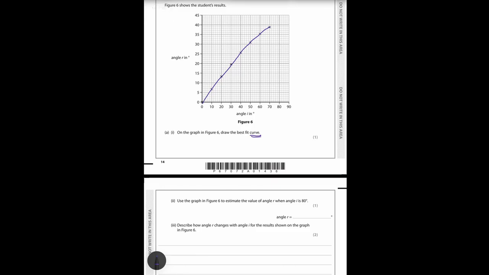Okay, the next question. So this is the one that I was kind of looking for. I know that when I see a graph, I'm always going to take readings from there. Now this is slightly different to other ones because it says when angle is 80. So 80 isn't within the points I've got, so I know I'm going to have to extrapolate. So if this was my smooth curve first, I'm just going to have to carry on with that curve in a reasonable manner, so it kind of looks like, yeah, maybe it was going in this way over here. So I've extrapolated my curve, and now I'm still going to show the examiner I've got to go up from 80. So I'm going to use a ruler in the real exam